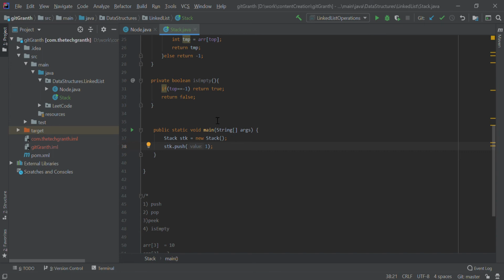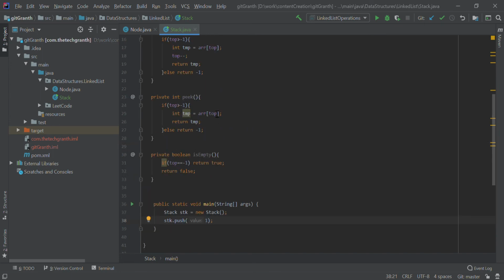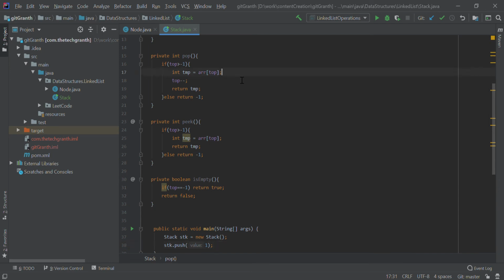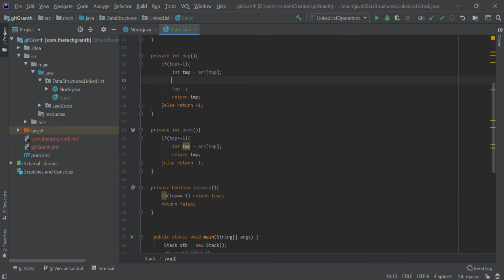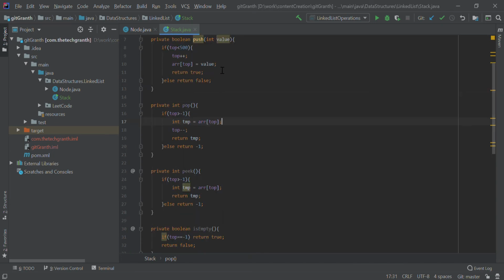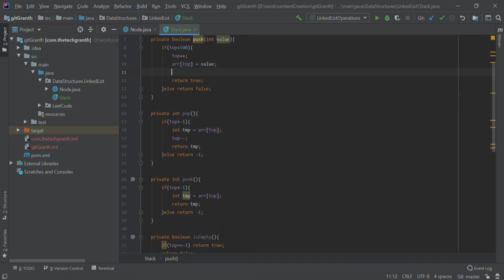So how we can print, we can give some statement here to show what we are going to pop. For pop we can simply print the integer value. Just for push I will add a print statement.